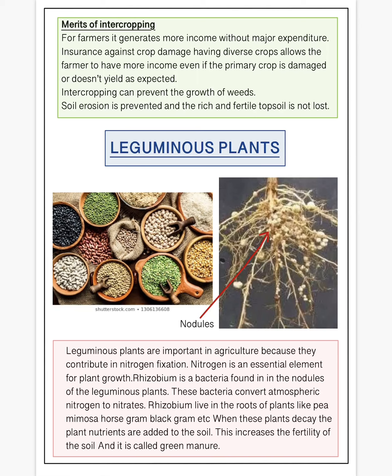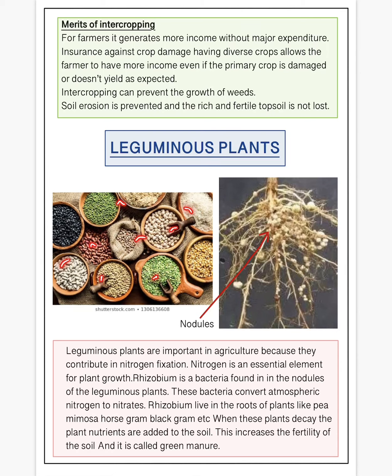Now children, leguminous plants. What are leguminous plants? Leguminous plants are plants grown from all this pea variety. Did you see the pea variety? Now, what is the advantage of growing pea plants? Children, for a plant to be healthy, nitrogen is an essential element for its growth. Now in the atmosphere, as we know, there's a lot of nitrogen. How can this atmospheric nitrogen be brought to the soil? That is what we are going to learn.